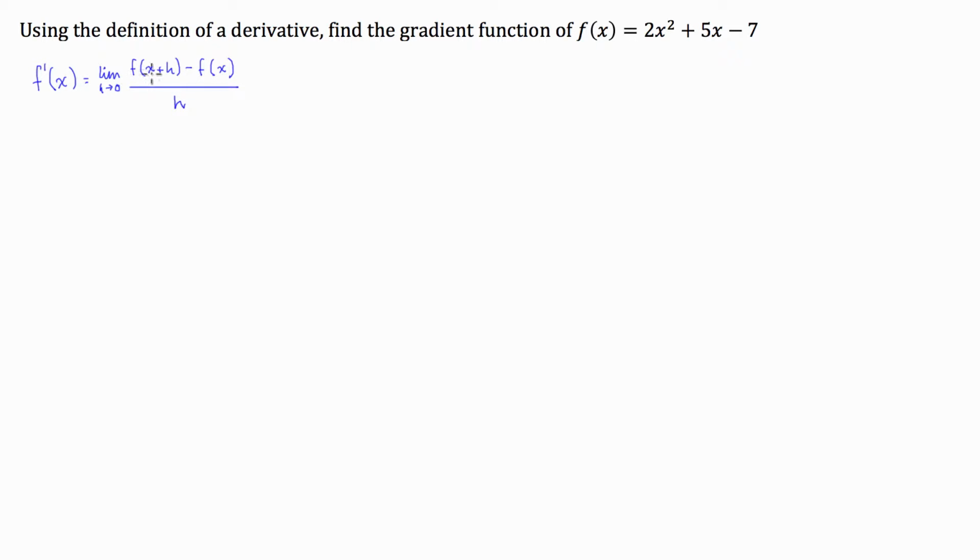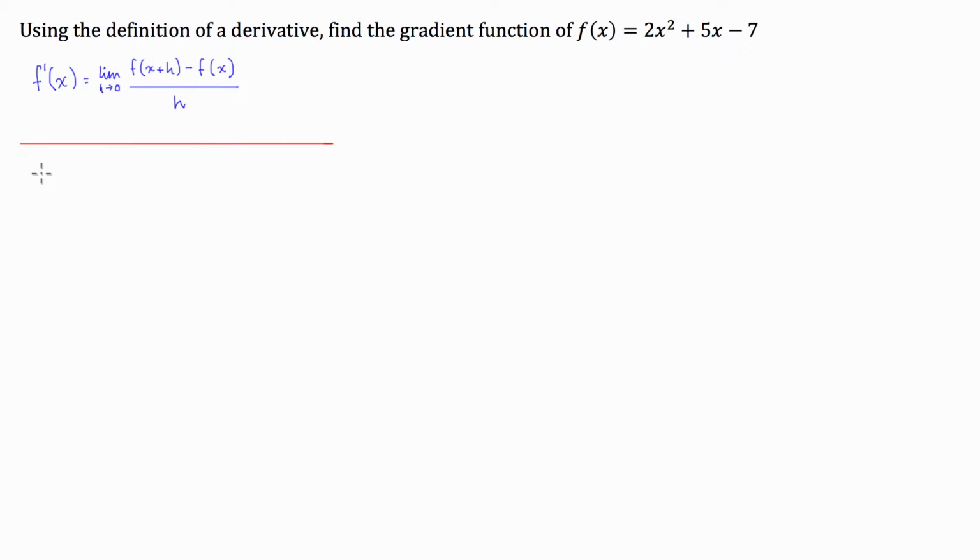So what you're doing is you're getting two y points and you're taking them over a particular x value or h, and you make h approach 0. So what happens is the average rate of change approaches an instantaneous rate of change. Okay, so let's go about solving this. I'll just change the color or just make a line. Okay, so to solve this using the definition of a derivative,